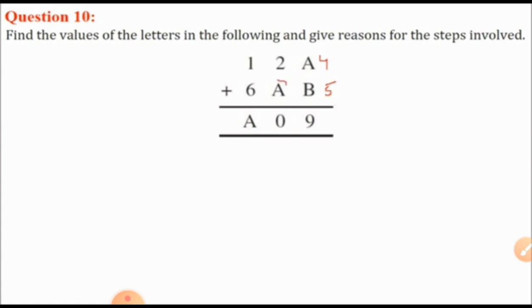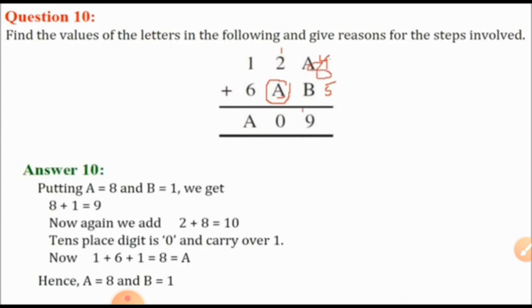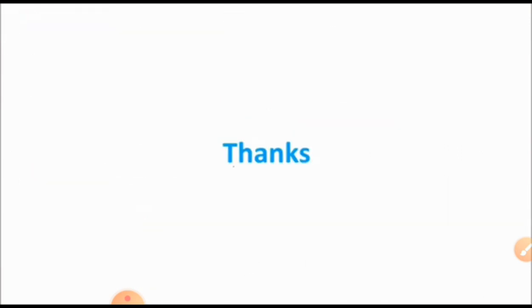Yes, my dear students. A, B, we have to find out which two numbers I can take to give me a 9. Suppose I am taking A is equal to 4, B is equal to 5, it gives me a 9. So 2 plus 4 is not possible. So A is equal to 8 and B is equal to 1 will give me this one. So 2 plus something will give me a 0. Isn't it? Yes. So because of that I can write it this way. Here we end our exercise 16.1.